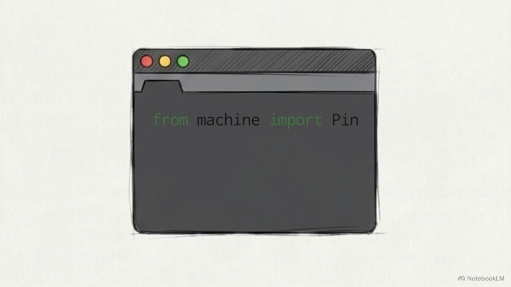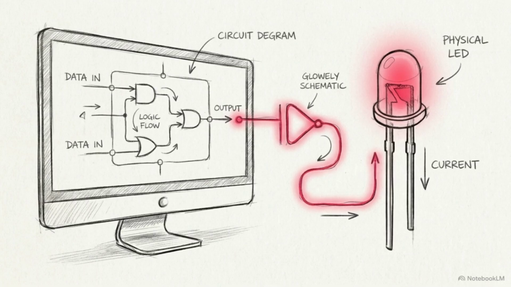Ensure the P is capitalized or the system rejects it. Next, type from time import sleep. Without this, our LED toggles too quickly for the human eye to process. With these two manuals imported, our script now has the specific vocabulary required to bridge digital logic with real-world electrical